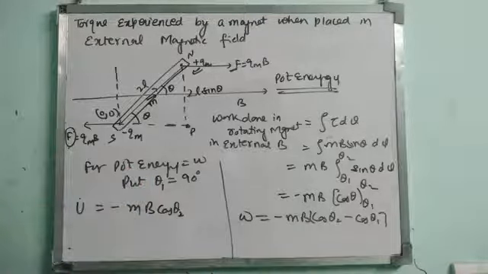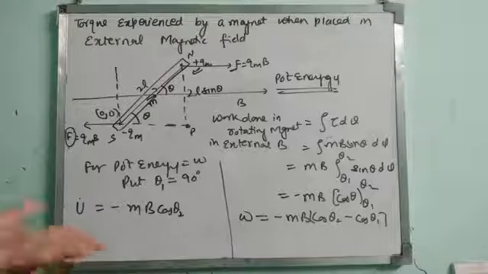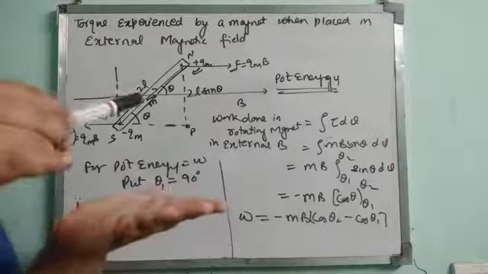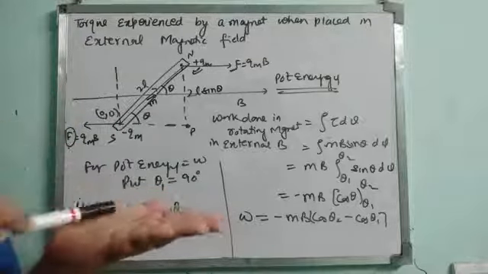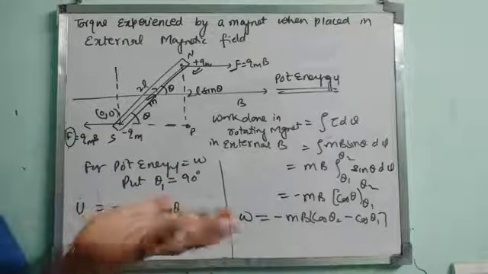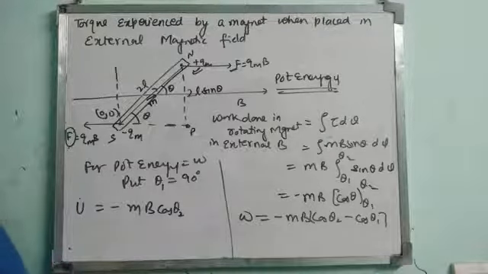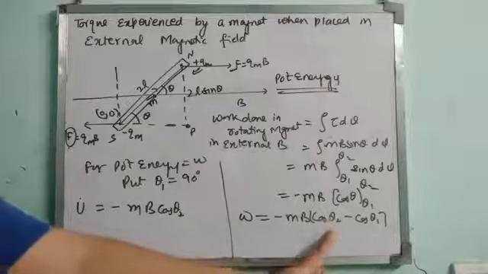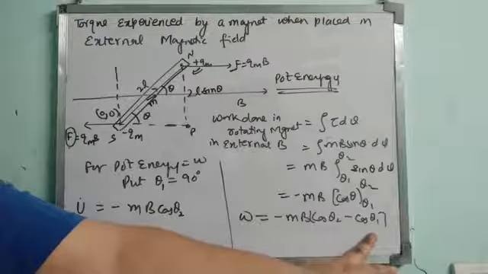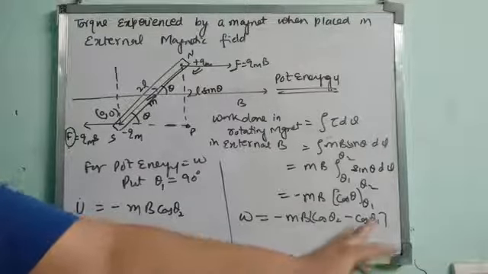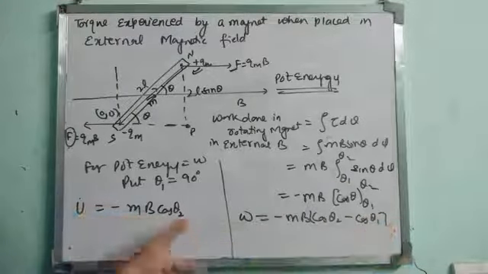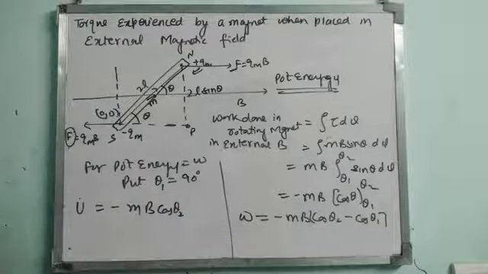Because potential energy is always a relative quantity. For example, if I am measuring the potential energy of this pen, then I am assuming the potential energy of the hand to be 0 because I am assuming this to be the ground. Potential energy is a relative quantity. So the initial potential energy must be fixed where it is 0. After that we can find the potential energy at the second point. So to find the potential energy at position theta 2, I have assumed that the potential energy at position theta 1 is 0. And how does the potential energy at theta 1 become 0? When cos 90 is there and cos 90 is 0. Clear? So this is the potential energy.